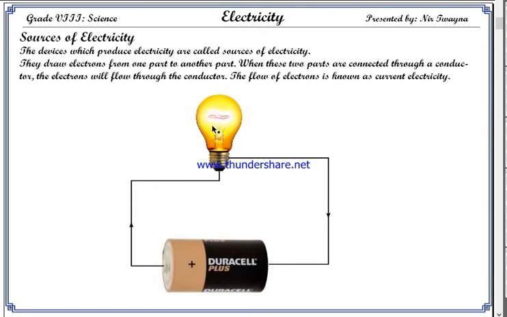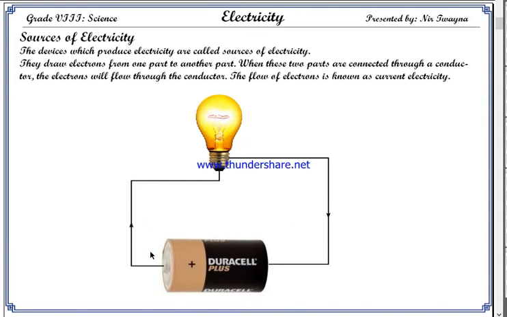Okay, and after that conversion, the electrons will lose their velocity, isn't it? And those downgraded electrons will flow to the positive charge, and the positive terminal receives these electrons. Okay, understood? So basically electrons flow from the negative terminal to the positive terminal. However, you can see the arrow is just opposite.